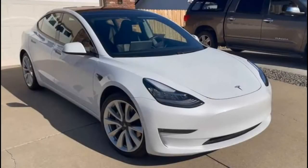Now we are going to talk about Car and Driver not happy with cost of Tesla Model